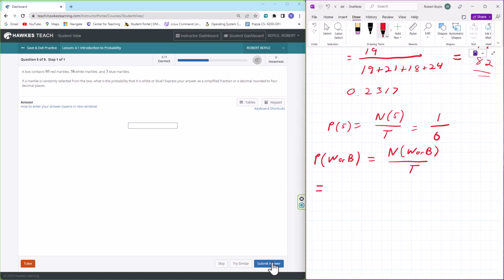The number of marbles that are white or blue are going to be 58 plus 3. The total number of marbles is going to be 95 plus 58 plus 3. 58 plus 3, that is 61. Total number of marbles is 156. 61 divided by 156 is going to be equal to